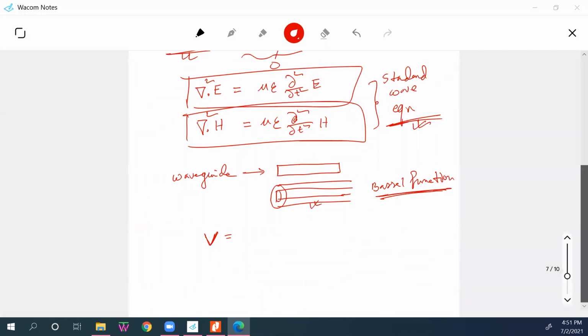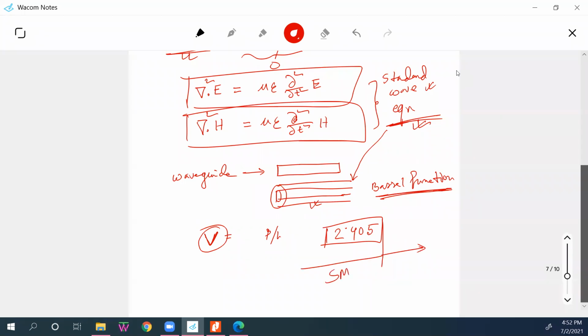So where we end up, we start from the standard wave equation. If we apply the standard wave equation to a cylindrical waveguide, we will end up with a Bessel function. From this Bessel function, if we plot it as a function of V parameter from beta by k, we get a function where we can see V equal to 2.405. This gives us a boundary condition for whether the optical fiber is single mode or multi-mode.